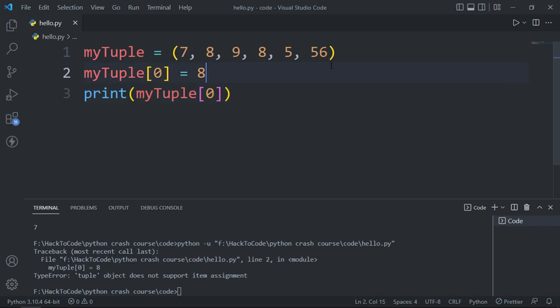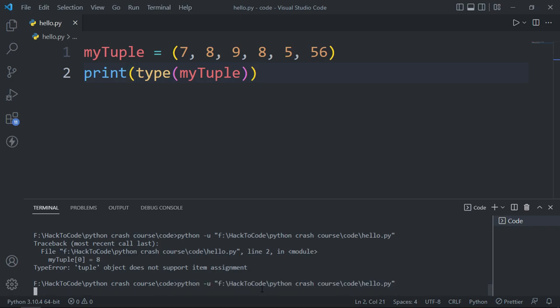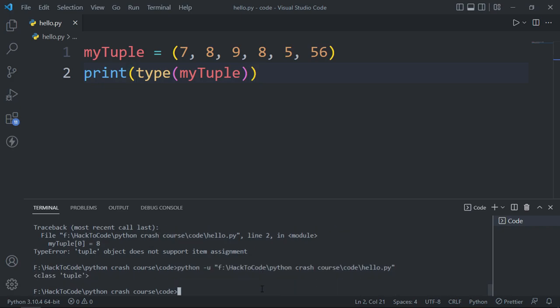So if I remove this and if I type here type and open and close curly brackets, let's save this file and run this code. You can see that it is saying me that the class is of tuple. Now ignore this thing which is class if you don't know about object oriented programming,